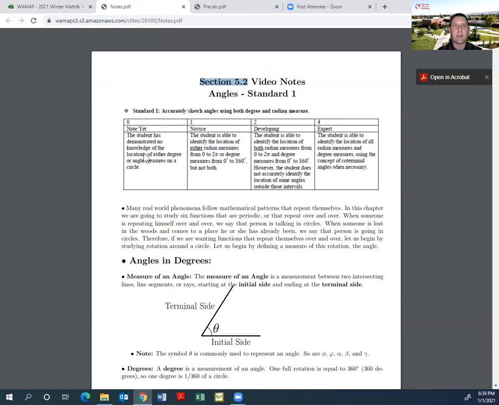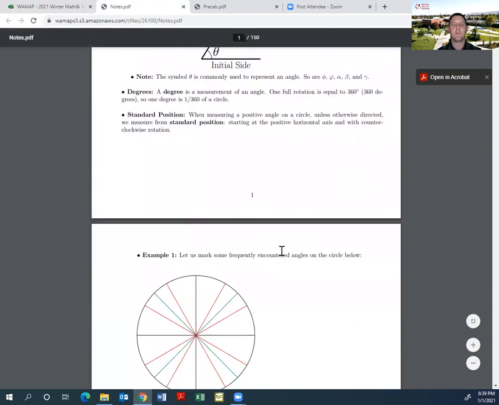And it's got a description of what it means to be at each of these levels here. And the last thing I just want to point out in the notes is that you've got this odd thing here that says section 5.2 video notes. All right. Then if I scroll through here,